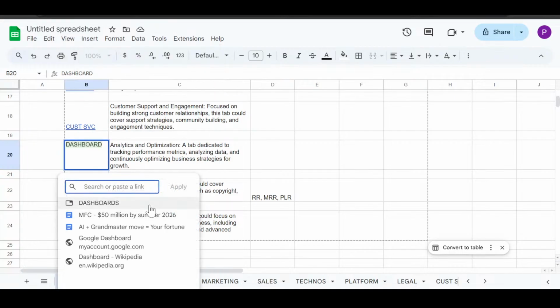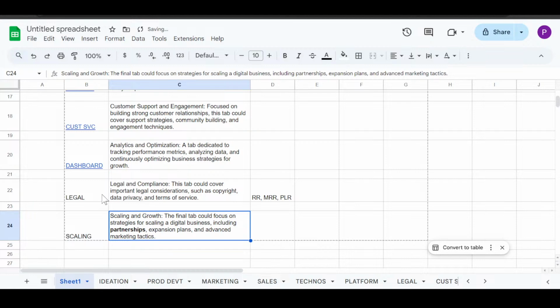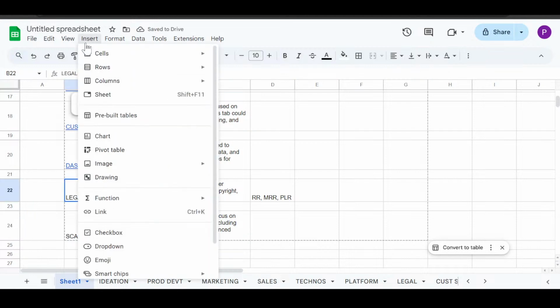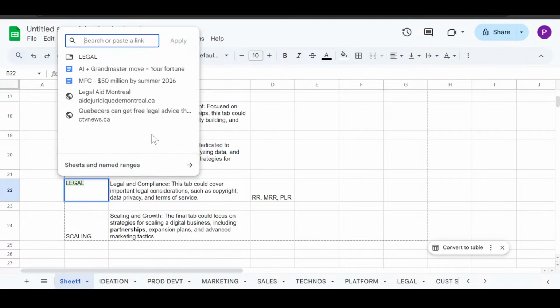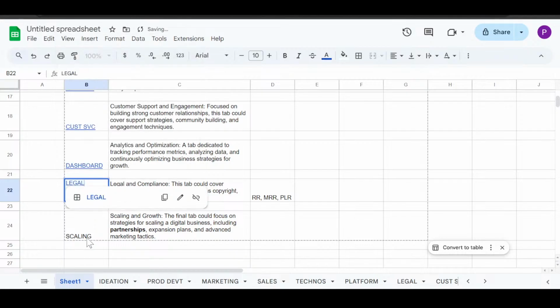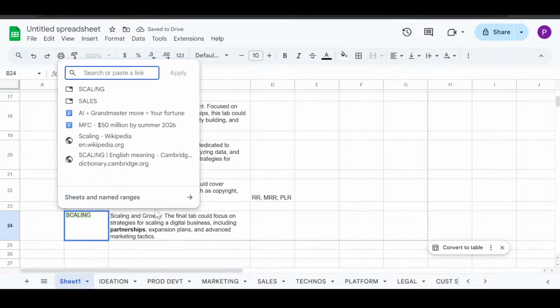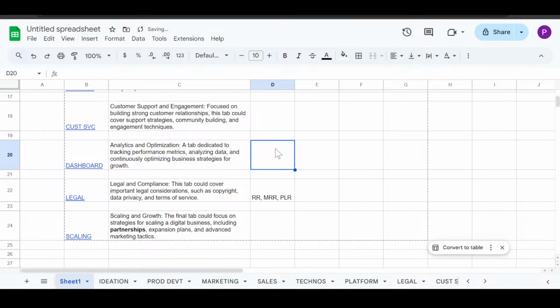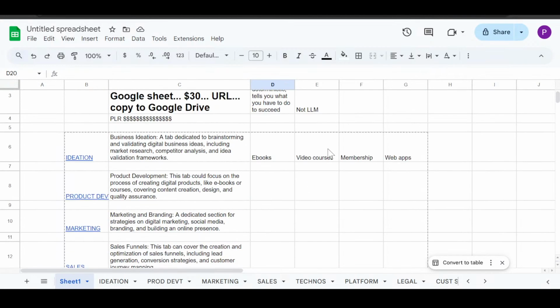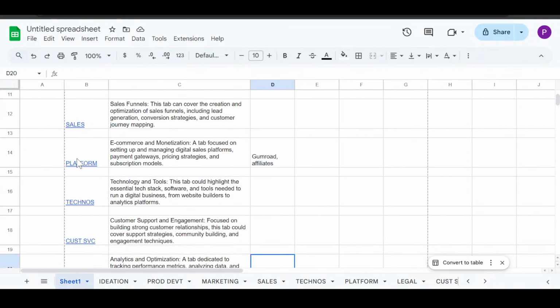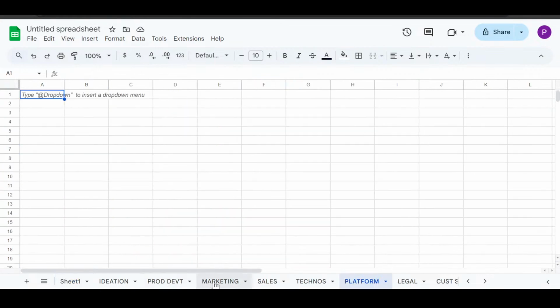I mean, it's a lot of work, but since I'm the one doing the work, I'm going to save time for millions of people. They don't have to create this Google sheet. What is it? Legal. And finally, scaling. And it should always be like that, by the way. Only one person should do the work, and then the digital outcome can be shared with millions of people. Okay, so just as a test, if I click on platform, I would go to the platform